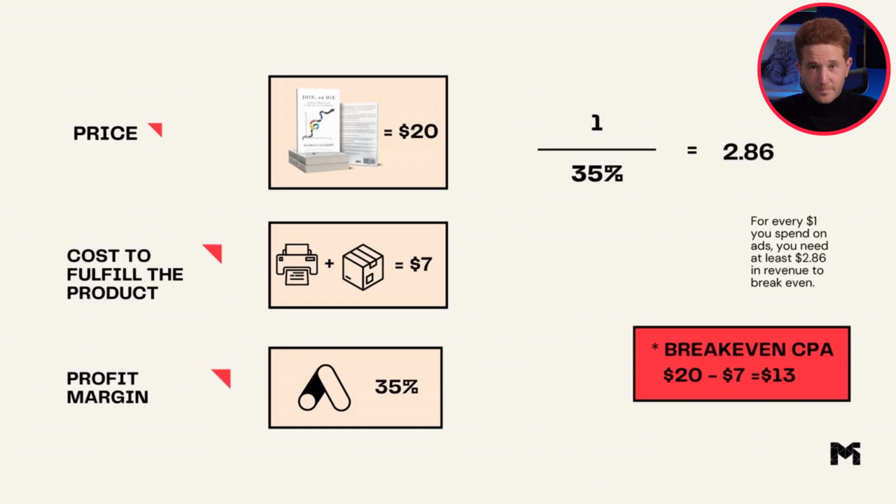Find a kindergartner, find a little child, and explain this to them. Try to find a first grader and explain to them the concept of a return on ad spend and what a break-even ROAS means. And when you could explain it to a first grader, okay, maybe not a first grader, like a third grader.